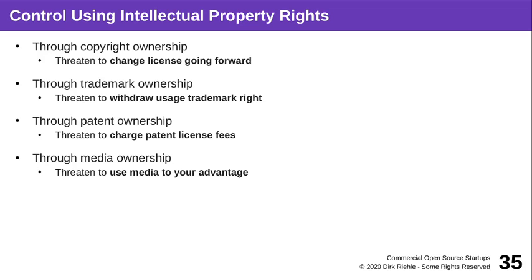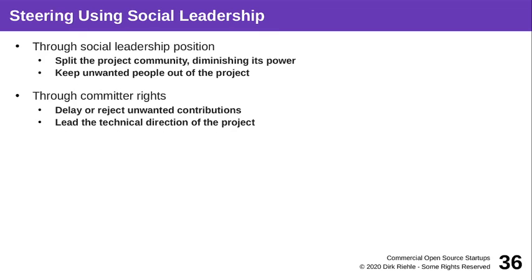Patent ownership is another one. If there are patents in the code and you don't license out the patent by way of an open source license with a patent clause, you can threaten to charge patent license fees, and that might keep people in line. You may own the relevant properties, domains, websites, social media channels, Twitter accounts, all of that, and dominate discussion and steer it in a direction that is to your liking. All of these things are things to secure if you want to exert such control before you let someone else get a hold of it.